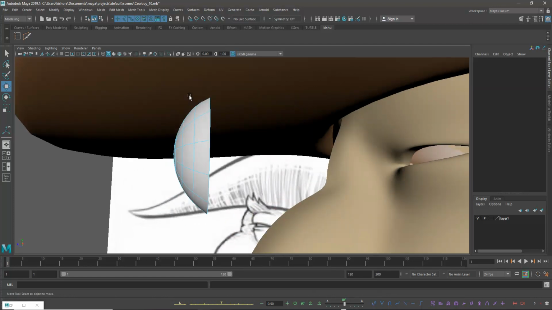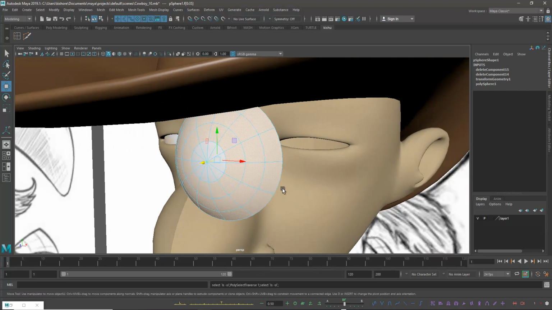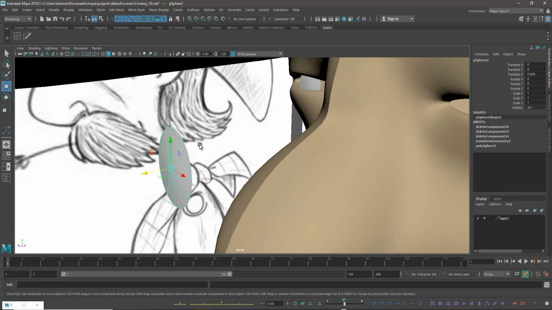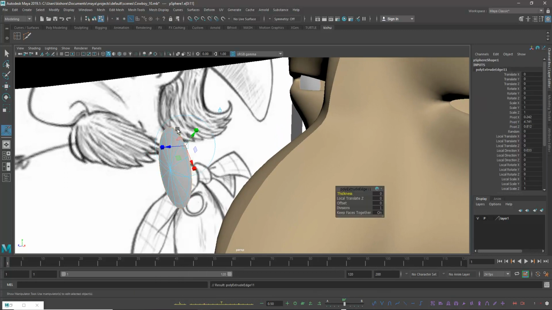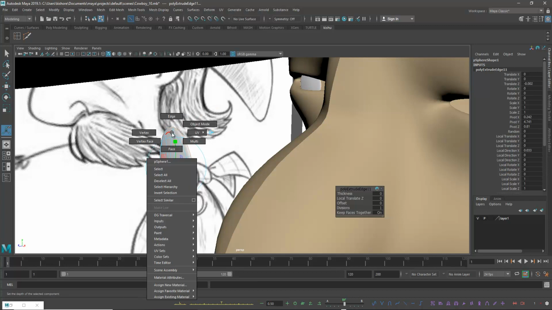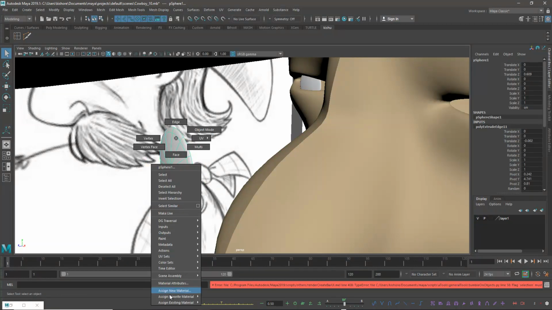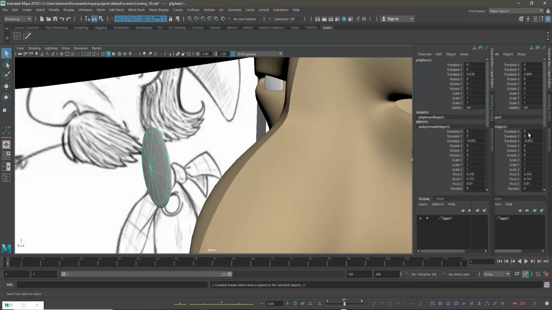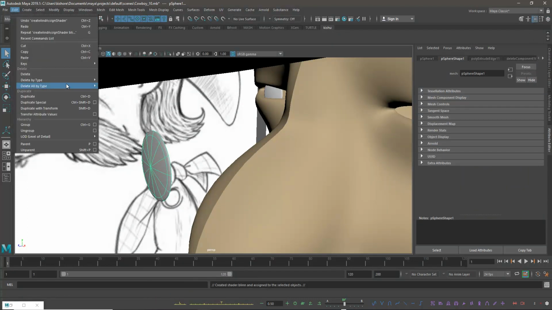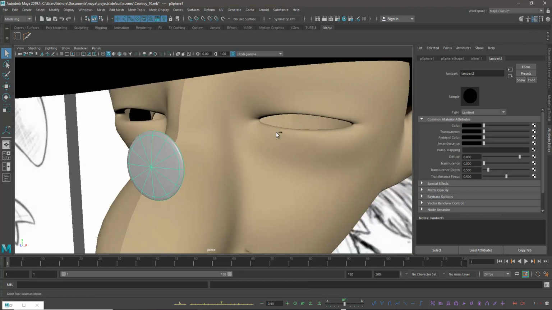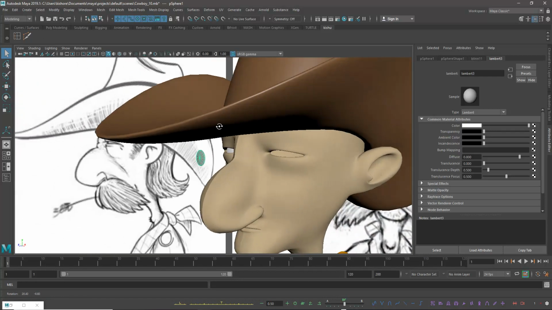Same again, control E, assign new material. First come to the object mode, then you can assign a new material, something like a blinn. Delete history, something like this. Okay, fine.